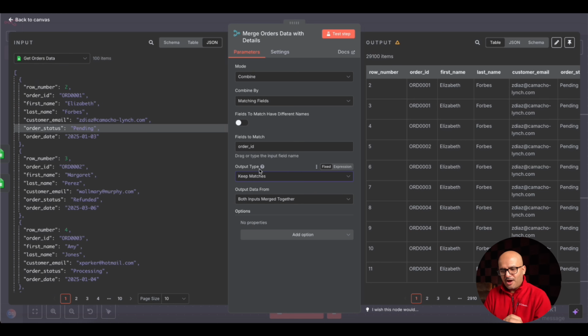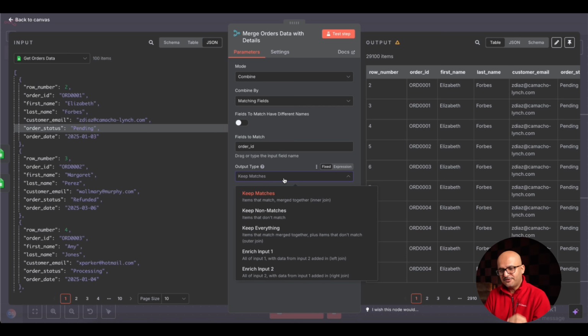Okay, so then we have output type. Output type has different options. Again, if you're familiar with structured query language, then keep matches is more like an inner join, where we want only those records to be merged where we have data from orders header and order details.